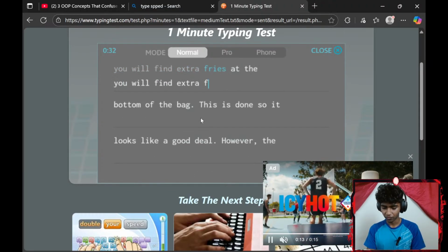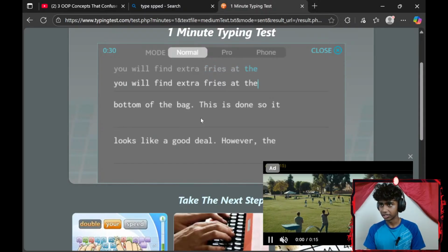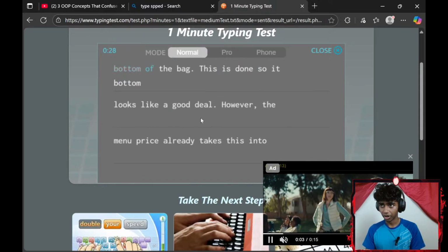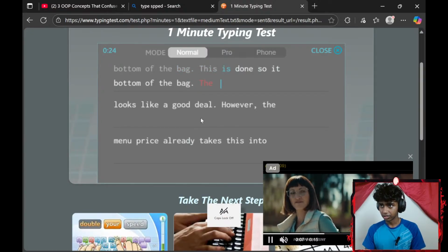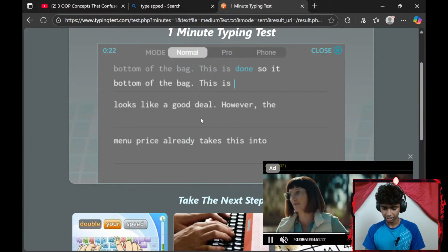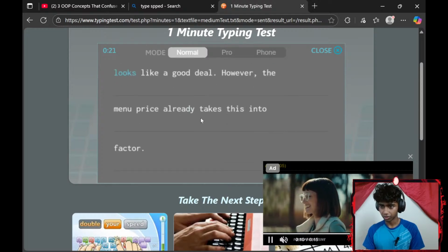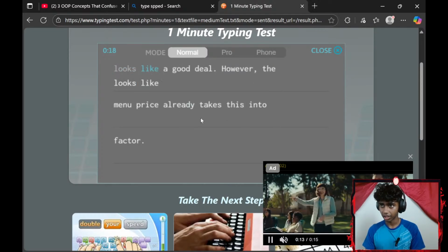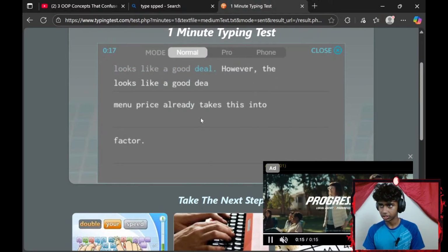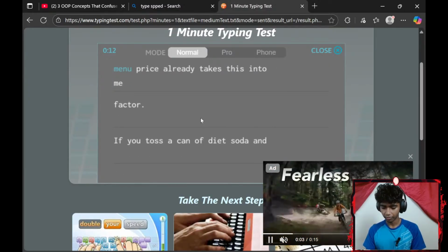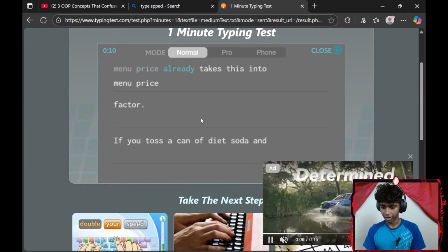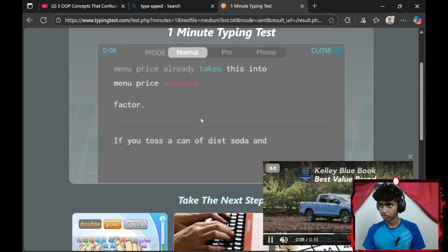Fine, extra fries at the bottom of the bag. This is done so it looks like a good deal. However, the menu price already